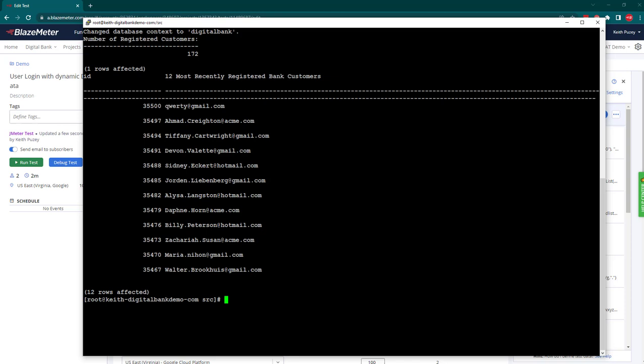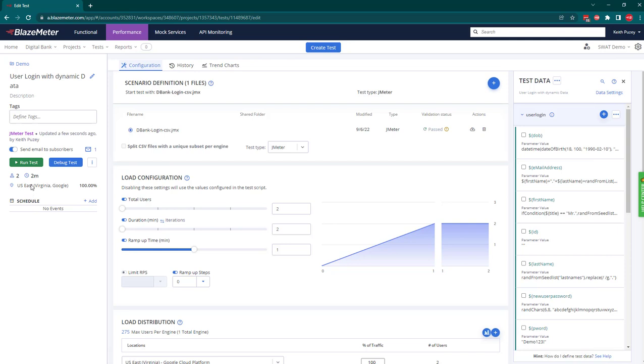And these are the last 12. And what we're going to do is we'll come back to this once we kick off our test to show that these new users have been created. So if we now go and initiate our test,